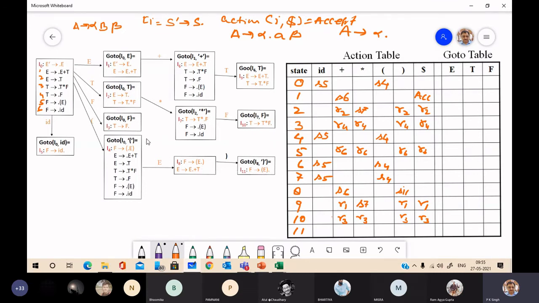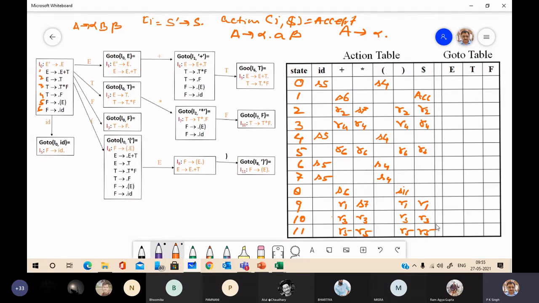This is production number 5 in the grammar. So R5, follow of F. Follow of F is plus. So R5, R5, R5, R5.